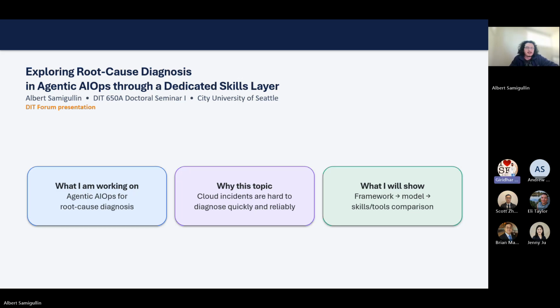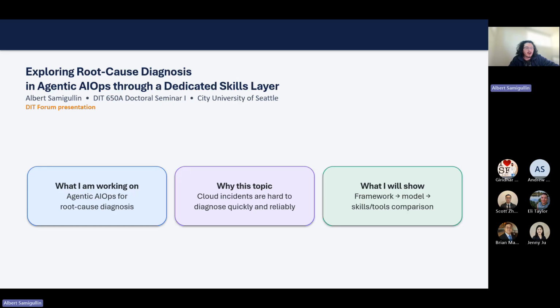Hi, Albert. That's a nice presentation, and it's very helpful. I just want to ask a single question. You said the existing AIOps agents. What difference did you observe in the performance or the metrics? What's the main difference that you observe between this one, which you present, and the previous existing models?